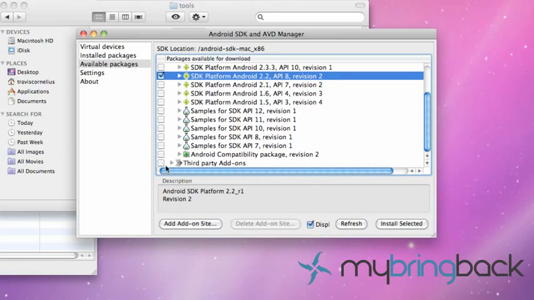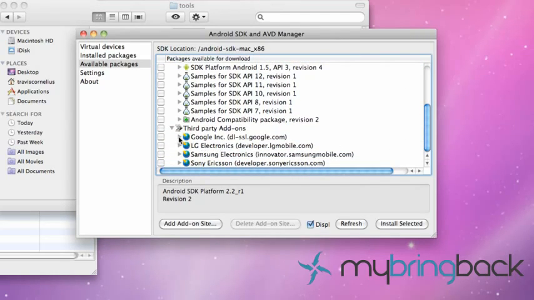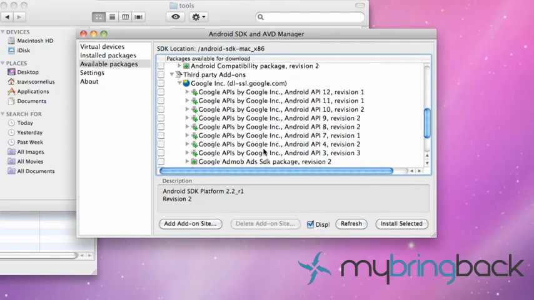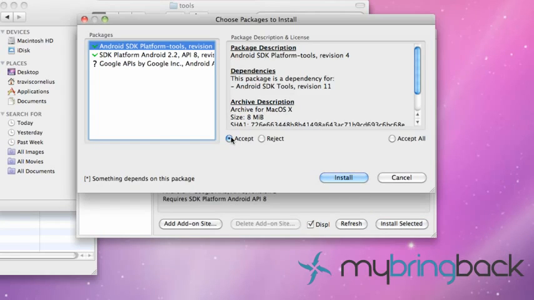I'd recommend that. Again, I'll probably download all this stuff, but just to explain what's going on here. For example, you can get some APIs from Google, and so if you're using Google Maps or anything like that, you're going to want to download one of those. So I'm just going to hit API 8 as well, and install selected, accept